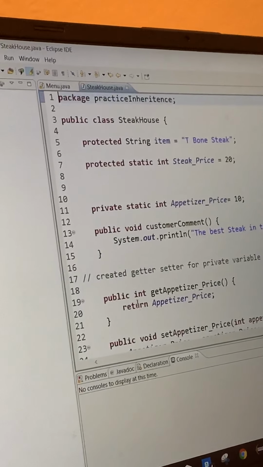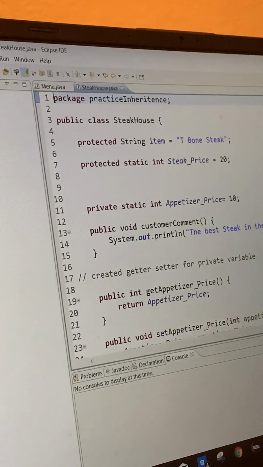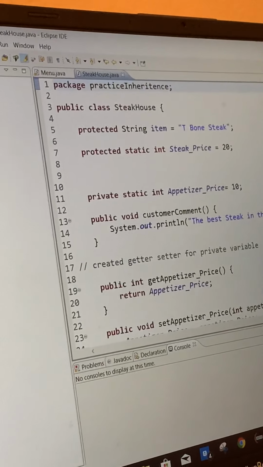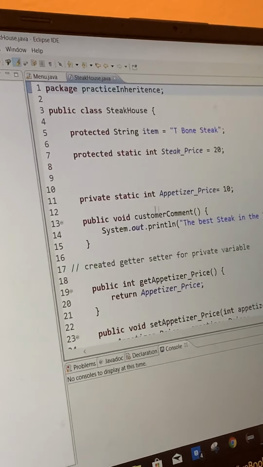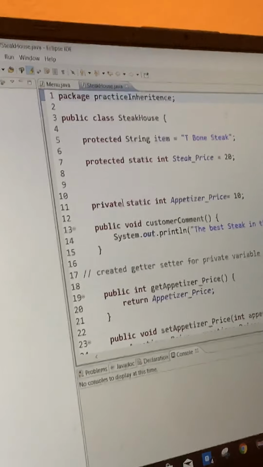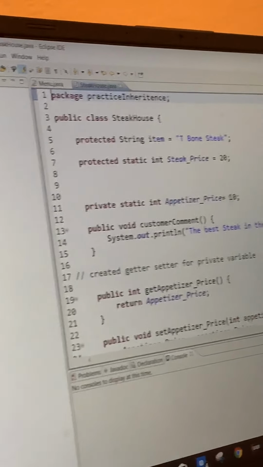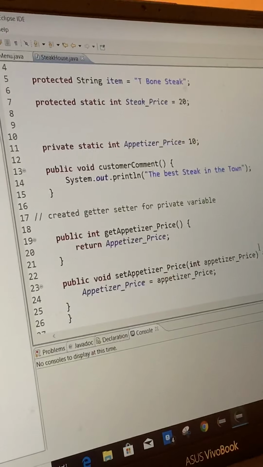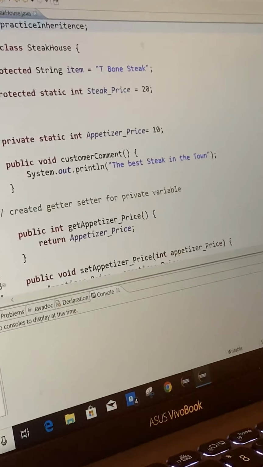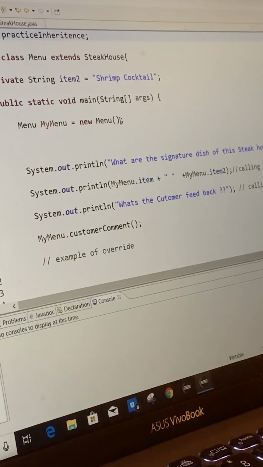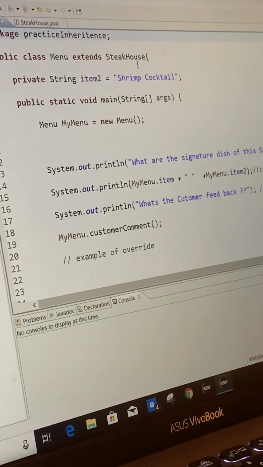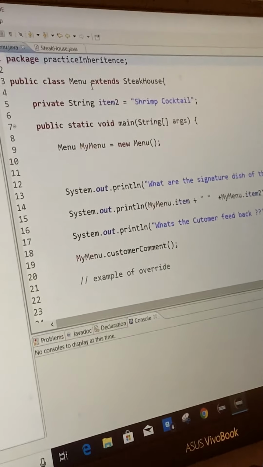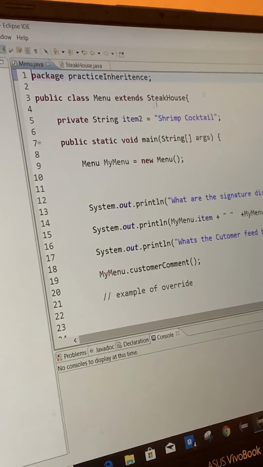variable, and I did a getter and setter here to get access, just for practice, nothing to do with the homework. So just because I created a private static int appetizer price, I kept it private, so I wrote getter and setter methods here. From the menu here, menu extends steakhouse, that means menu is the subclass and steakhouse